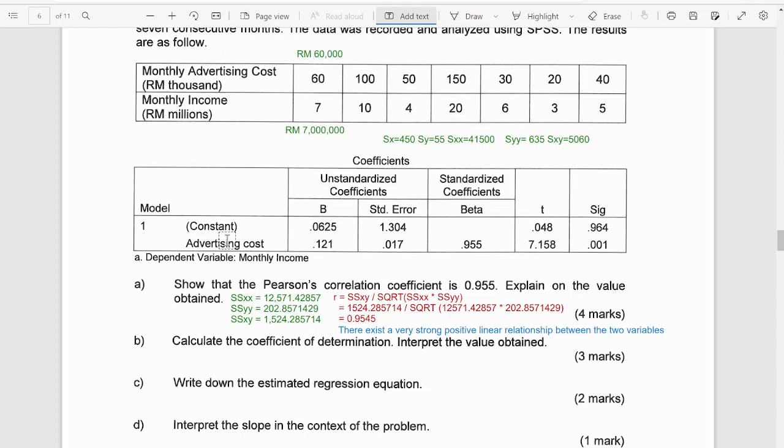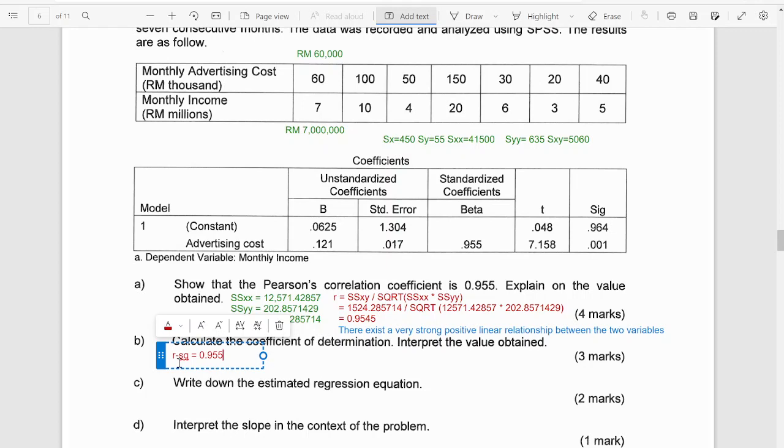And then for the second question, they ask you to calculate the coefficient of determination and interpret the value obtained. So to calculate the coefficient of determination, the coefficient of determination is actually the value of R square. So R square is simply you square the value of R, the correlation value. So in this case, you are looking for the value of R square. Okay, you nak kan nilai R square. So what you need to do is just simply find the R square. Okay, R square is just you square the value of R. So here the value of R is